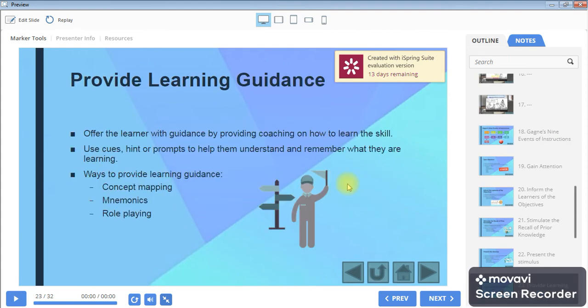The fifth event is you provide learning guidance. Here we offer the learners guidance by providing coaching on how to learn the skill. We use cues, hints, or prompts to help them understand and remember what they are learning. So they should know what they're learning, so you keep reminding them using hints or prompts. Ways to provide learning guidance is by concept mapping, mnemonics, and role playing. Then we go back, and then